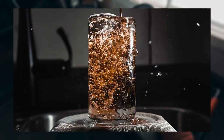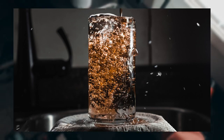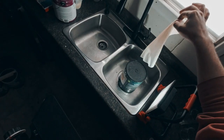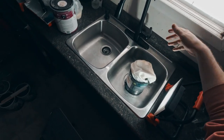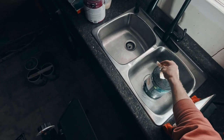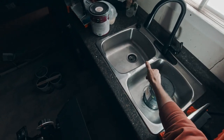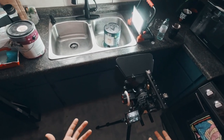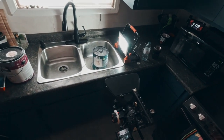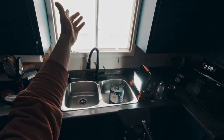You could use this for taking pictures of waves and stuff. Literally my setup is a paper towel sitting on an old empty paint can with a work light in the sink. And these are the shots that I got with that. So it doesn't have to be super crazy for your actual setup, but it's a great way to actually practice fast exposures, because you can also use this for taking pictures of icicles or something